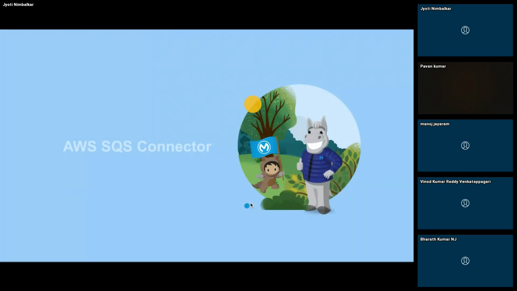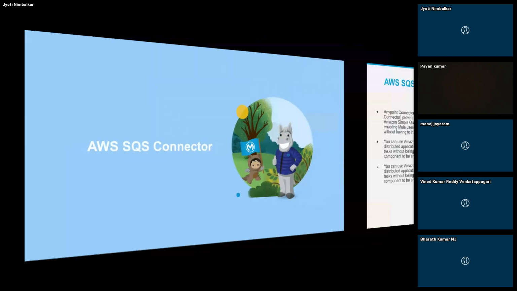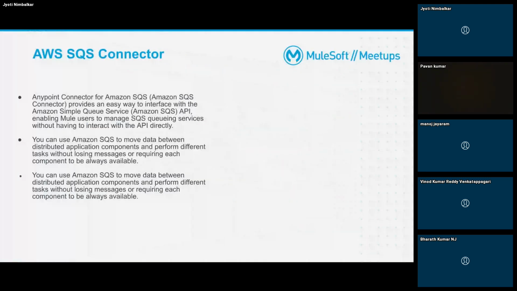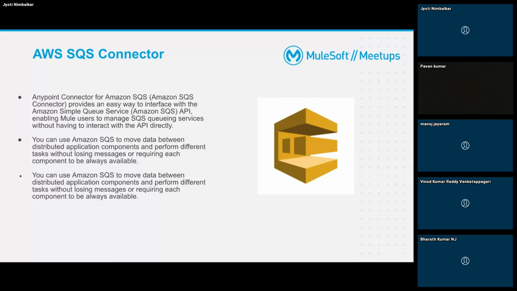Coming to the AWS SQS connector, it lets us send, store, and receive messages without losing a single message. It also lets us integrate and decouple distributed software systems and components. Also, through queues, not only SQS queues, using any queue, we can achieve the reliability patterns in our projects.